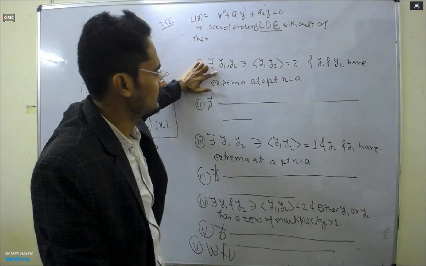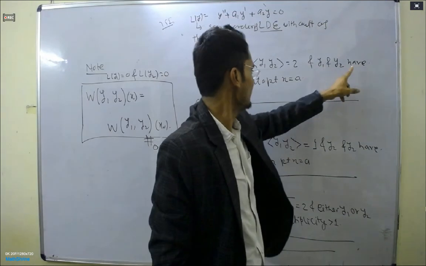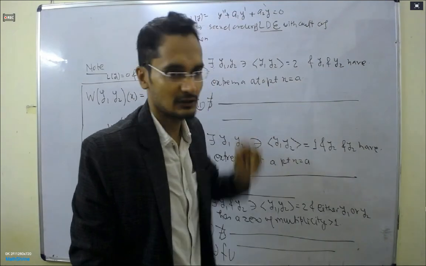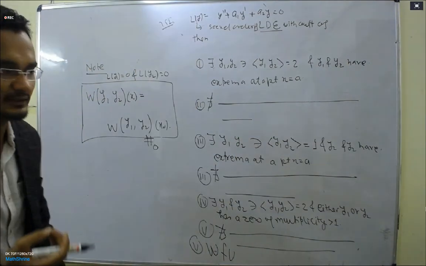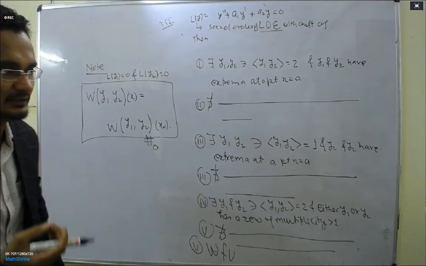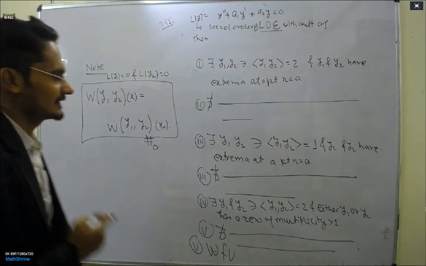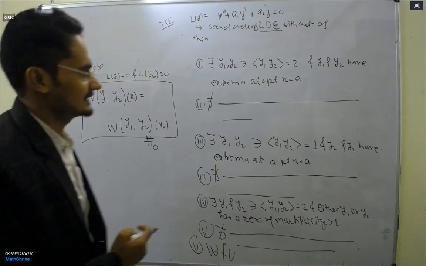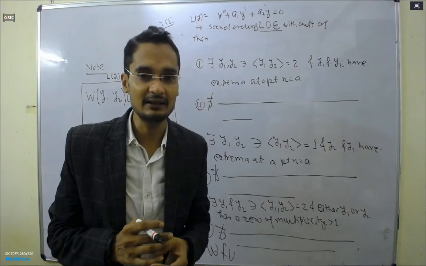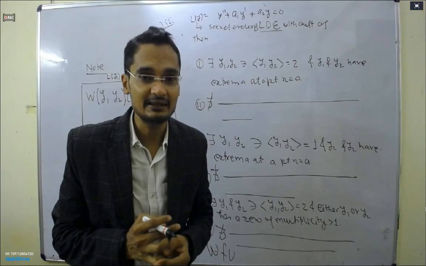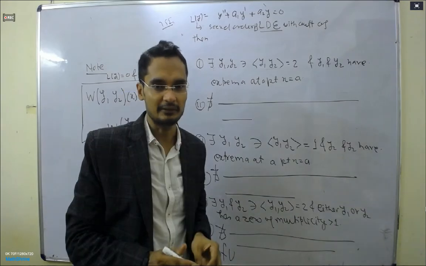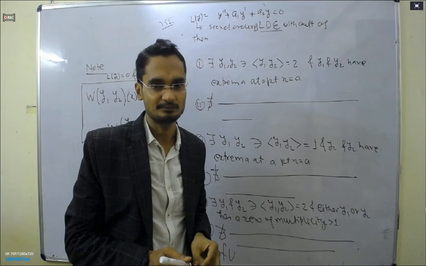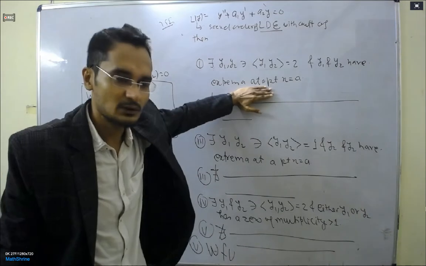If they are not, but here the solution of the differential equation, the L is already a differential operator, so the solution of this differential equation is definitely infinitely differentiable. So there is no problem at all about the differentiability. So the solutions y1 and y2 are differentiable. Then for extrema, what should be 0? The extrema will tell y1 dash is 0 and y2 dash at a also should be 0.